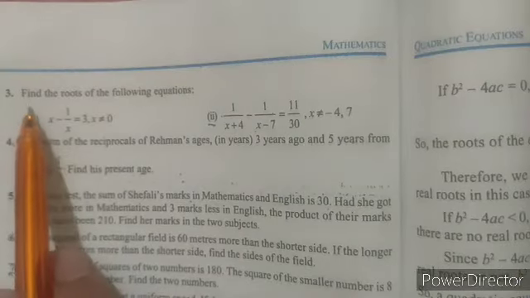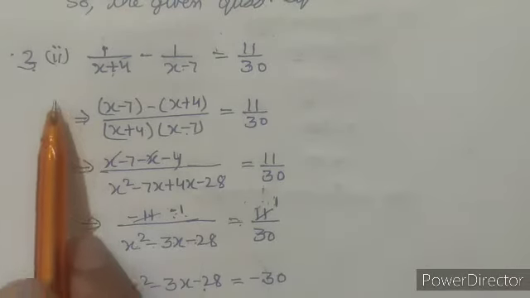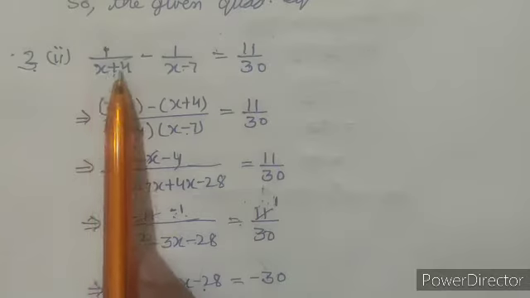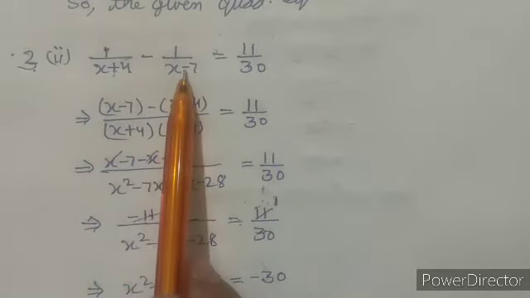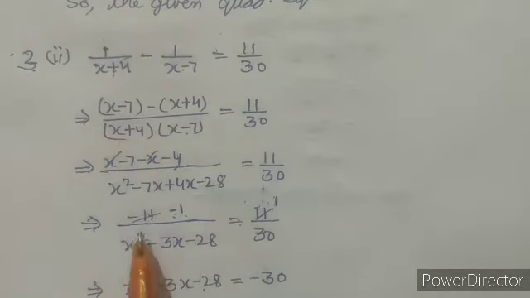Now in question number 3, we have to find the roots of the following equation. Now I am doing the second part of it. In the second part of question number 3, the equation given to us was 1 upon x plus 4 minus 1 upon x minus 7 equal to 11 by 30. Now after taking LCM, we are getting minus 11 upon x square minus 3x minus 28 equal to